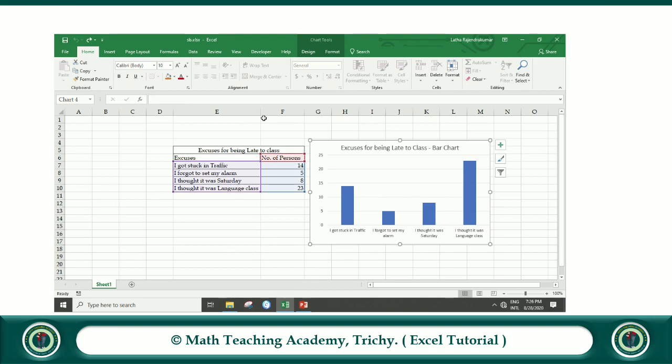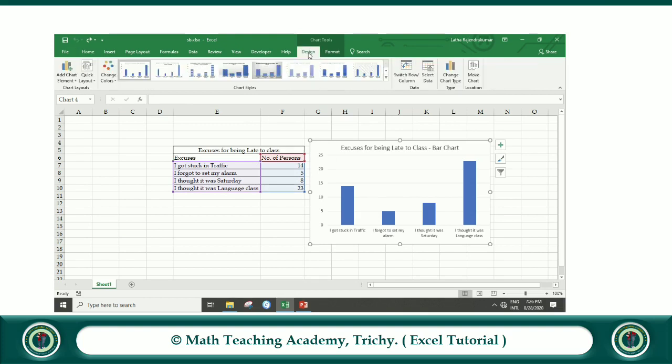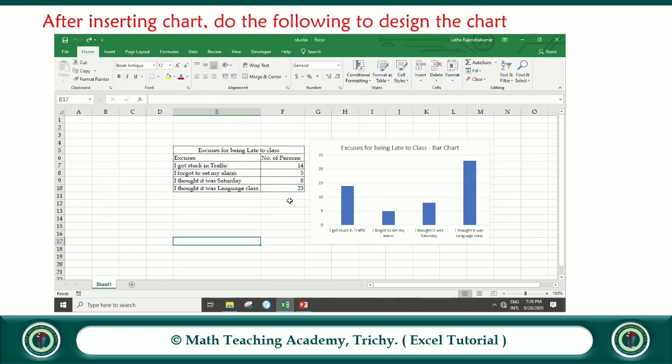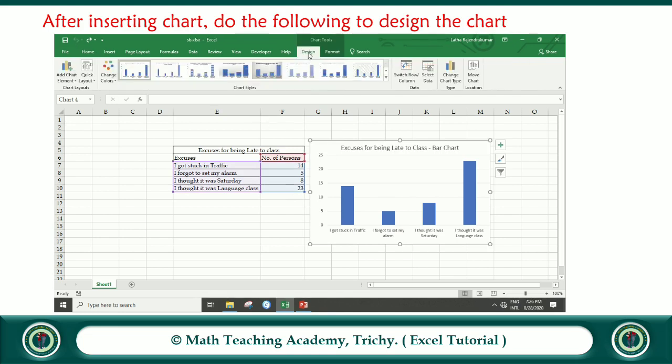So select the chart and then click the design tab and then select the design whichever you want. After inserting the chart, do the following to design the chart.